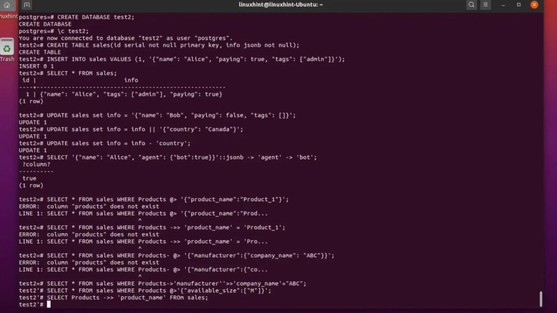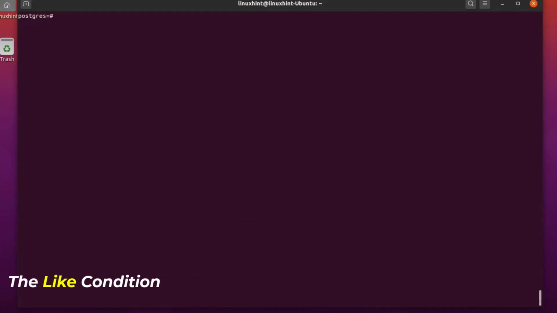Alright, so this is it for the JSON data type. Now let's move to our next topic, the LIKE condition. The LIKE condition is used to match a pattern, with syntax and various examples. It allows us to do pattern matching. It also permits wildcards to be used in a WHERE clause for various statements like SELECT, UPDATE, INSERT